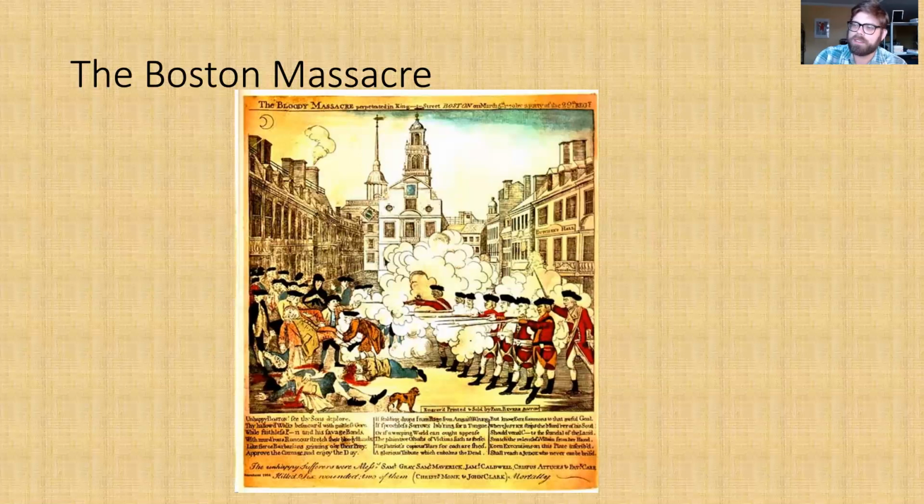But first, I want you to take a minute, and I'll pause for a second, to look for a couple things. One is, how are the British portrayed on the right versus how the Americans, the Bostonians, are portrayed on the left? Take a second to look at their clothing, their body language, and their faces. You can pause the video for maybe 30 seconds and do that. I'm not going to just sit here in silence. Okay, now that you've done that,